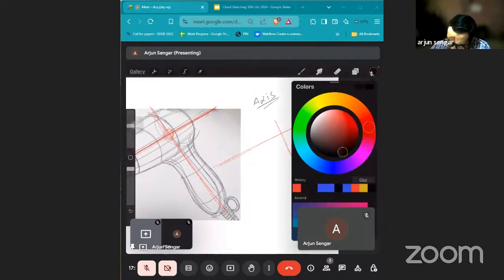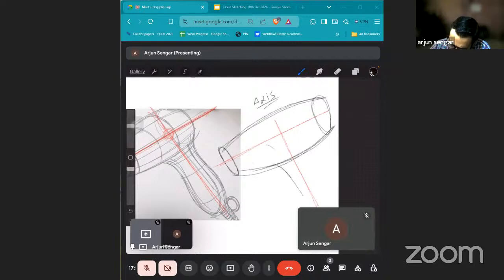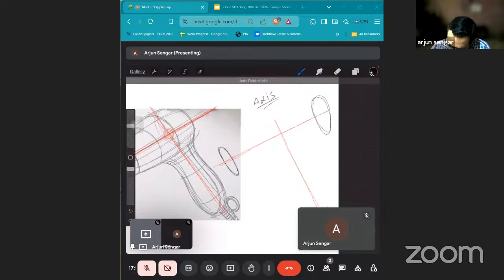Now our next step would be for those who are already adept, who are already good at sketching. They will make something and start generating the form. Today's technique is quite contrary to that, and we will not be using the same technique, but I will show you what we will do.